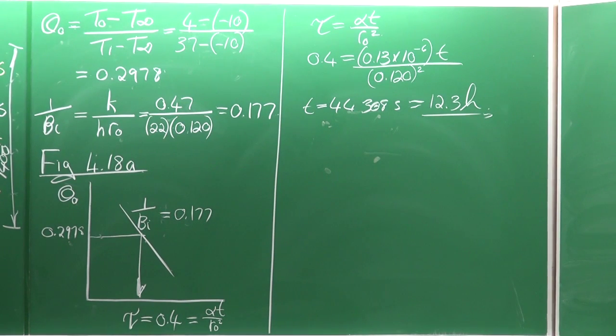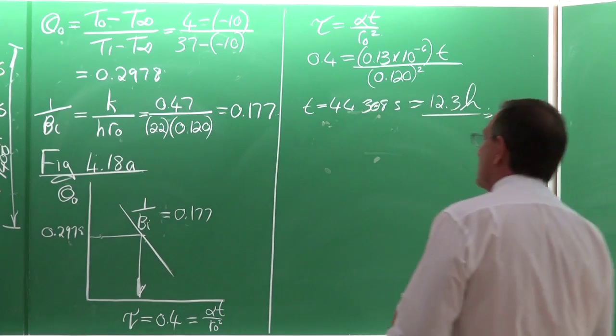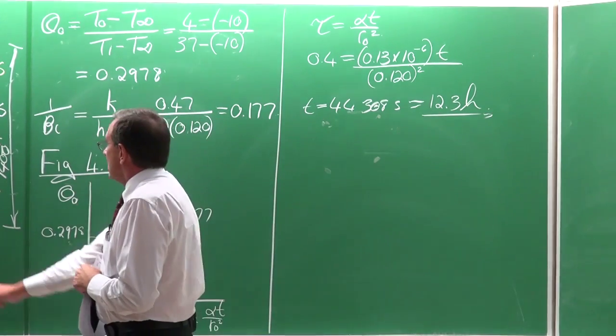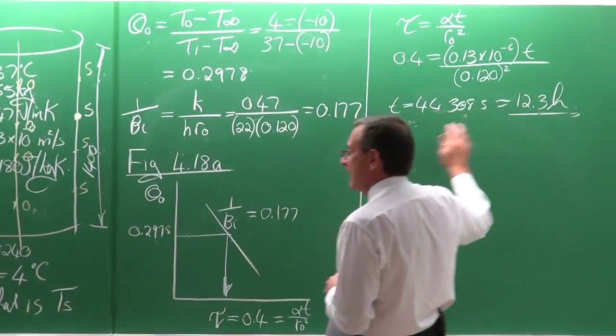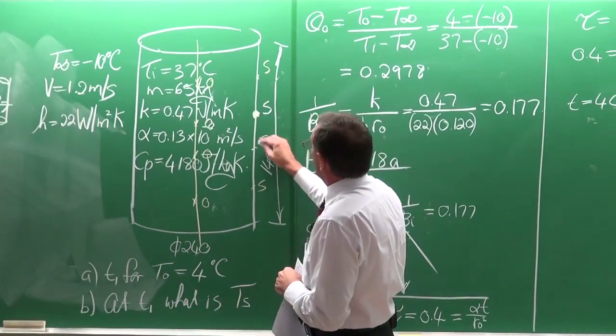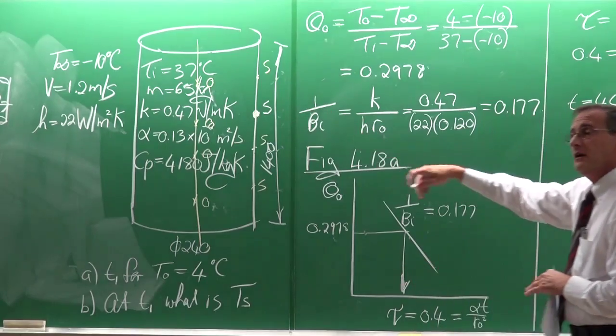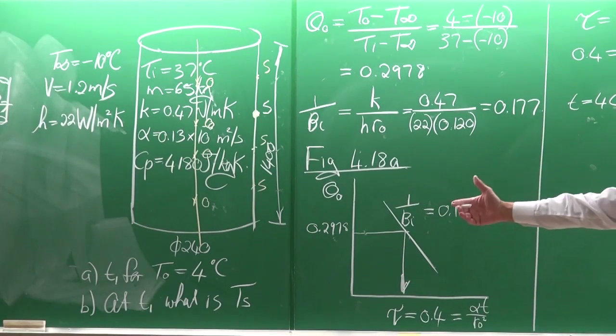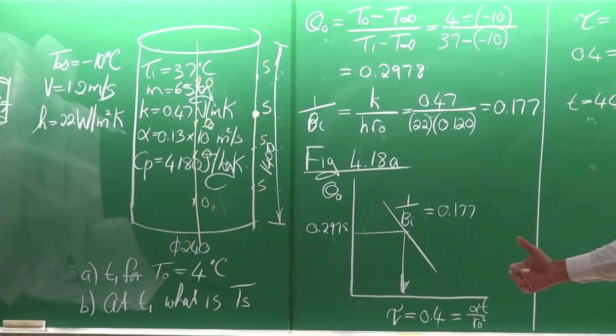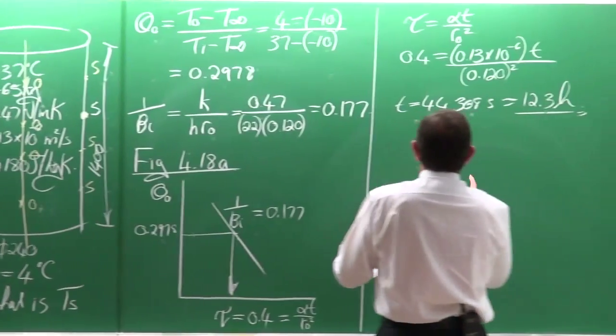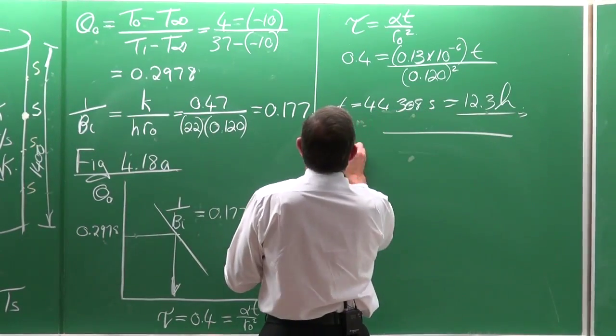Okay, now, the other part of the problem was to determine, at 12.3 hours, what would the surface temperature be? Because it's a concern, it shouldn't be lower than 0 degrees Celsius. If it is, then we have to change the design parameters. Okay. So at the surface,